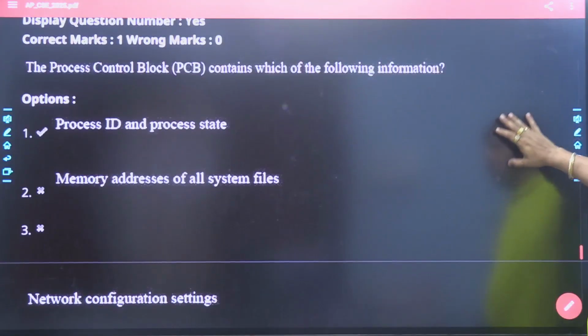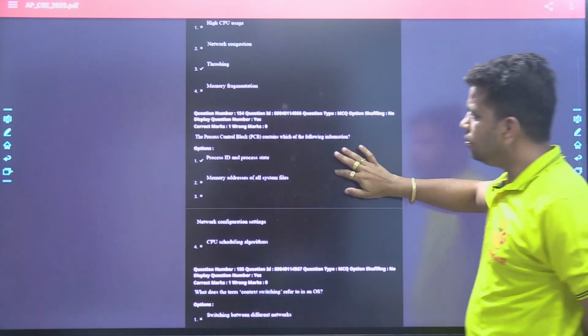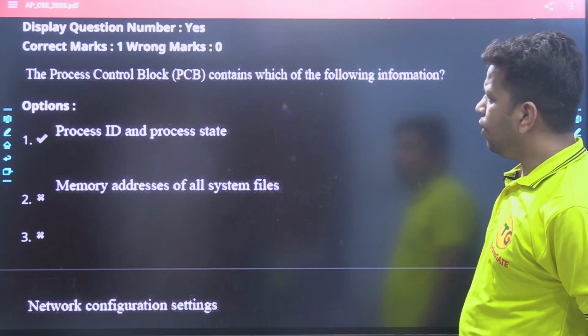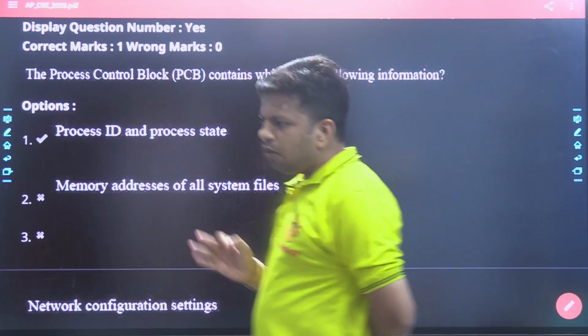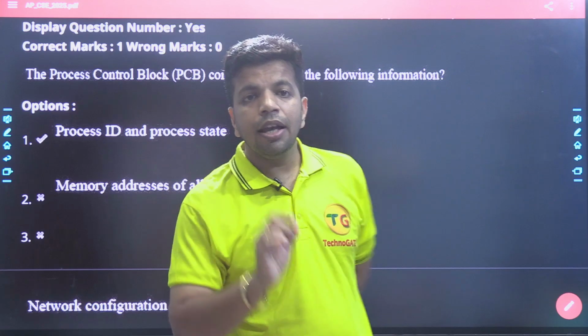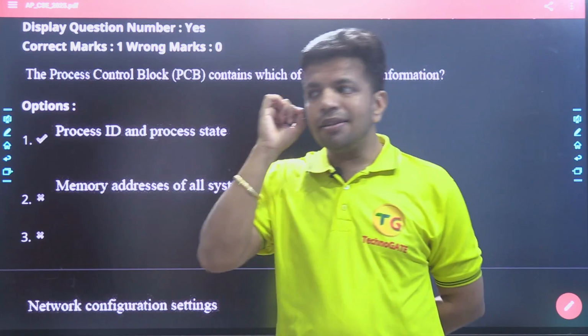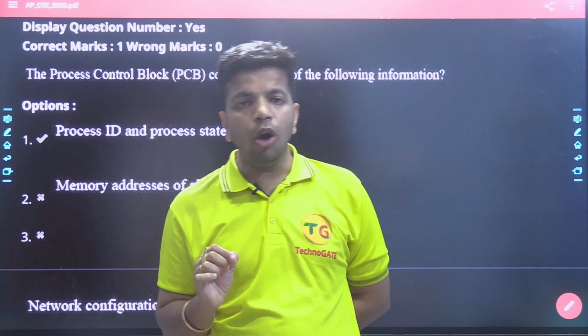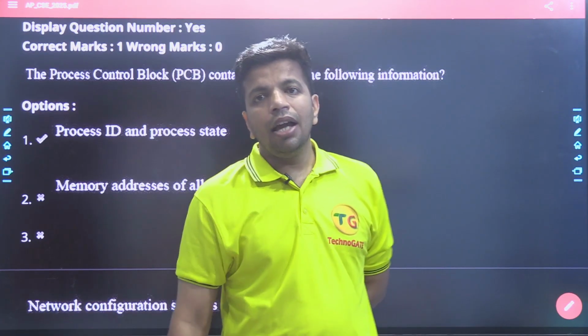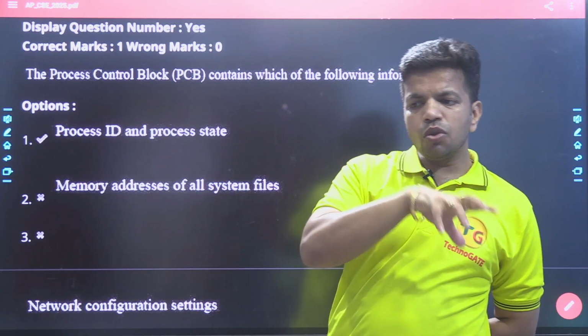Let's move to the next one. The process control block contains which of the following information? Whenever you need to execute a program, a program in execution is called a process. Each process has its PCB, process control block, that contains certain information like the process ID,